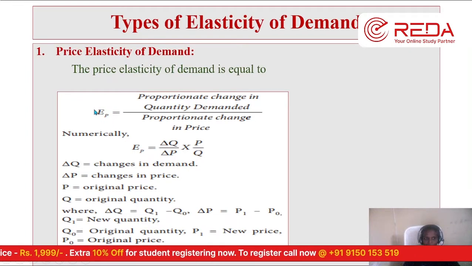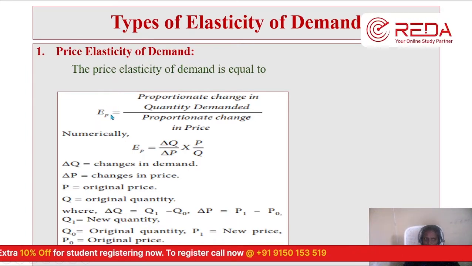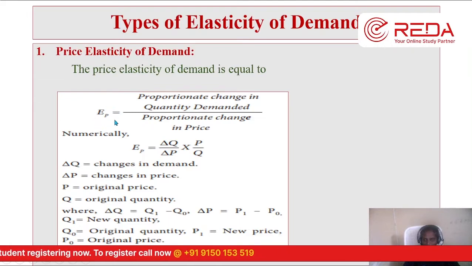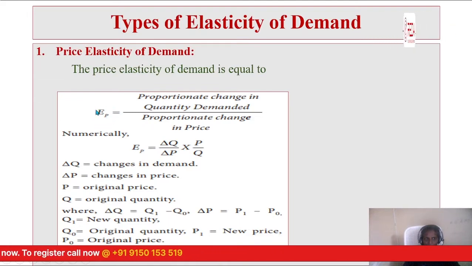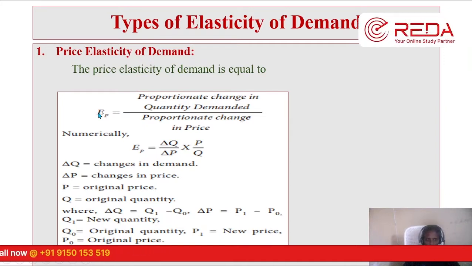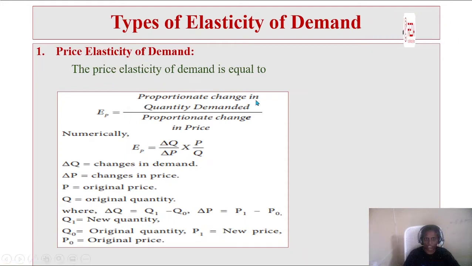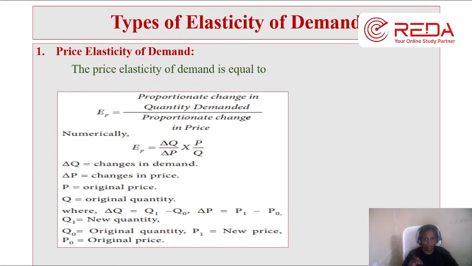This EP indicates the elasticity of demand when there is a change in the price, or we can call it price elasticity of demand. Price elasticity of demand is equal to proportionate change in quantity demanded divided by proportionate change in price. Proportionate change means the equal ratio. So equal changes in the ratio of price will lead to